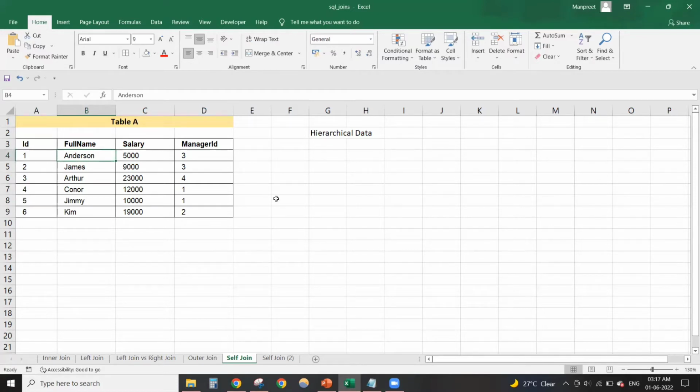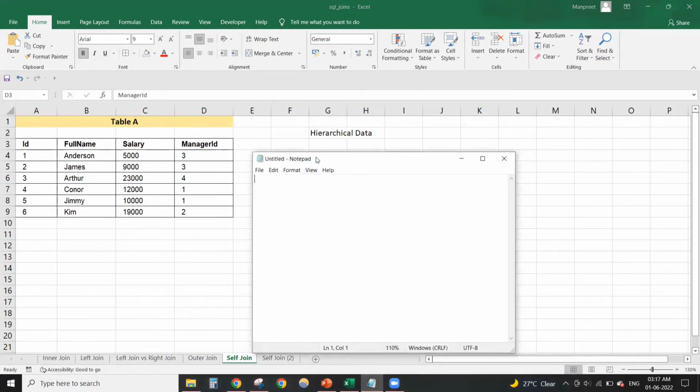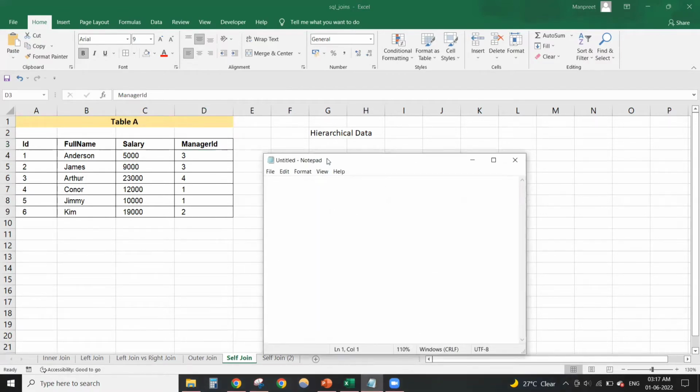So the problem statement is that we want the name of the manager corresponding to these persons and not just the ID, right? For this, we need information from this same table itself. So we'll use self join, because we want to extract the names of these persons corresponding to these manager IDs 4, 1, 2, 3, 4. So what we'll do is write a code to get the names of these managers from the same table. So we'll write something like